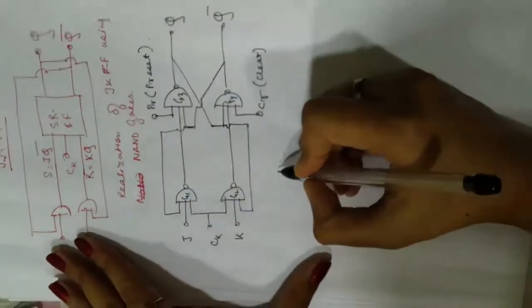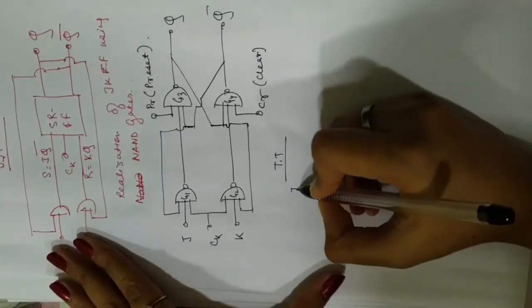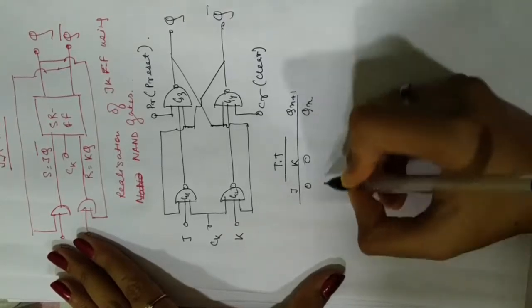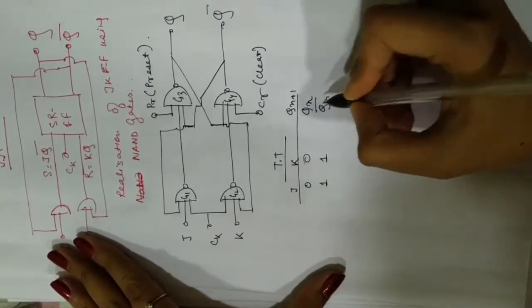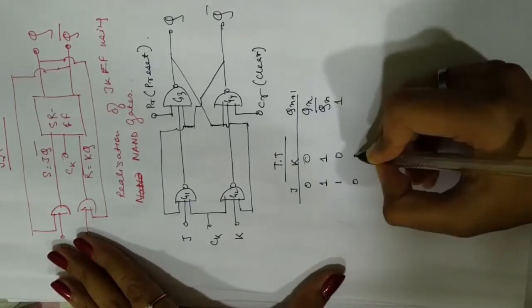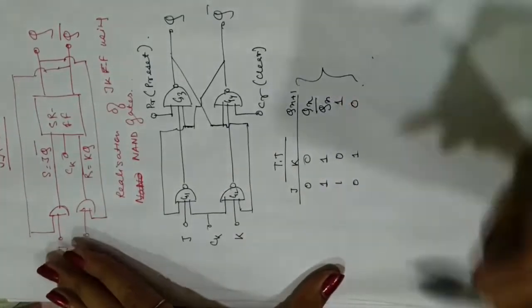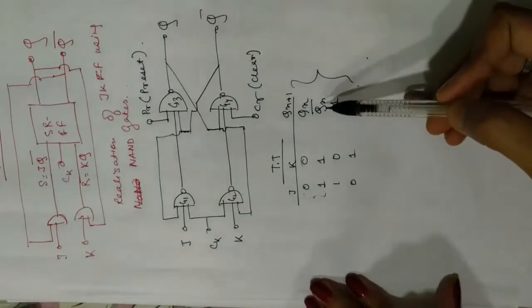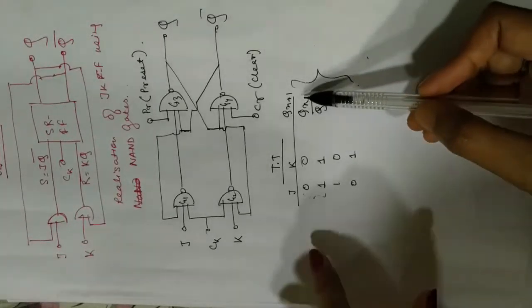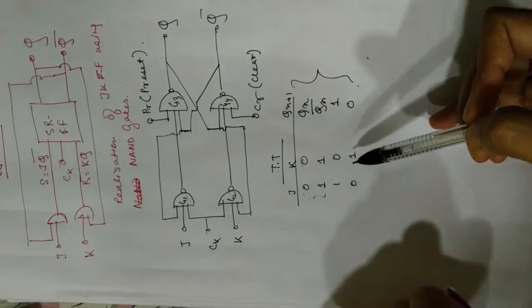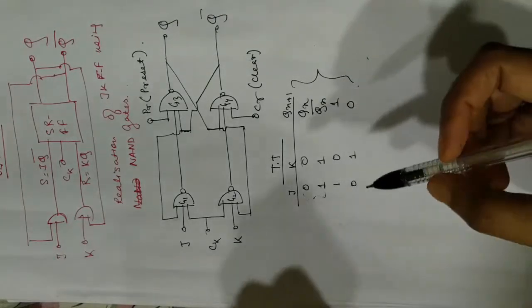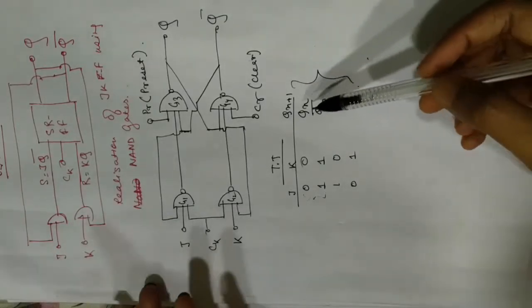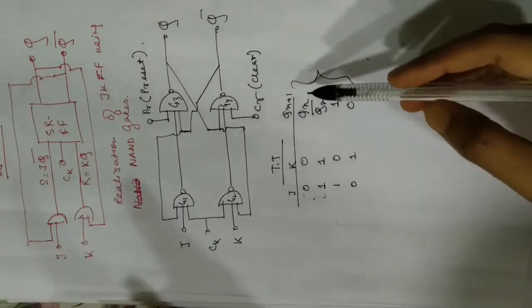If you just recollect the truth table of a JK flip-flop, when your inputs are 0, 0, your output is Qn. When inputs are 1, 1, your output is Qn plus 1. When it's 1, 0, it is 1, and when it's 0, 1, it is 0. This is what we have from the truth table. In these two cases our outputs are Qn and Qn bar respectively. So there might be a requirement that we need to fix this Qn and Qn bar. What I mean to say is there might be operations where we need to specify what Qn is, I mean, we can specify Qn as 1 or Qn as 0.